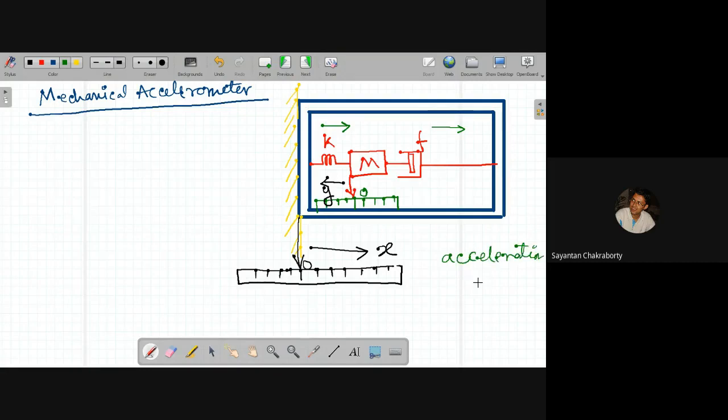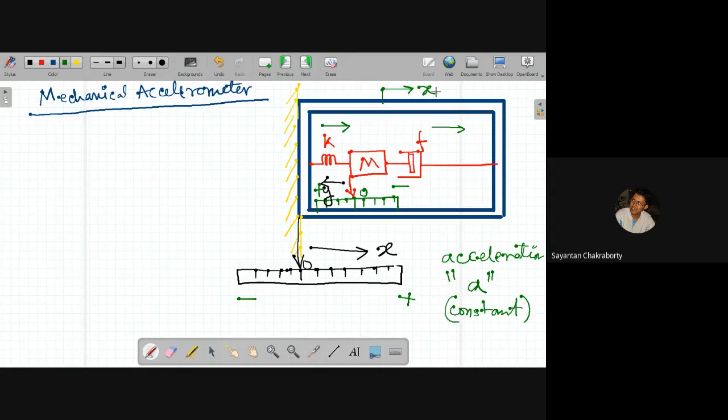Say this motion has acceleration a in this direction, and it is constant, suppose. So this will exert a force on mass m, and that will cause the mass to move in this direction. So this will effectively be the positive direction for y. For x, however, the positive direction is this, which refers to the static frame of reference, but y is moving with respect to this frame of reference,